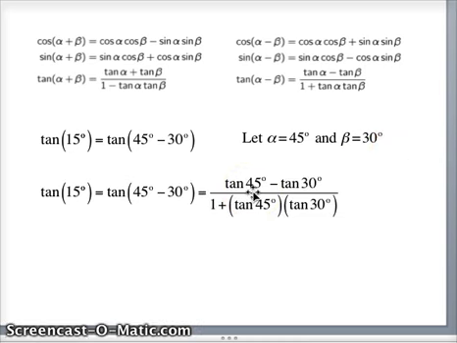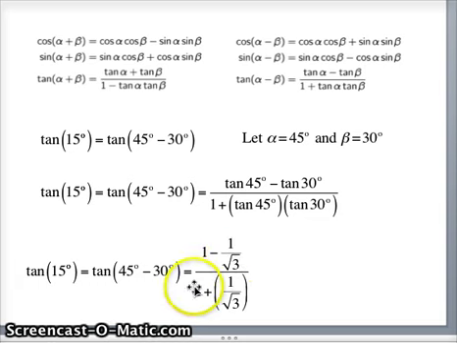Tangent of 45 degrees is 1. Easy to remember that one because sine and cosine are the same. They're both root 2 over 2. Tangent of 30 degrees, a little harder. Tangent of 30 degrees is sine of 30 divided by cosine of 30. Sine of 30 is a half. Cosine of 30 is root 3 over 2. So the tangent would be 1 over root 3. So what we get now is 1 minus 1 over root 3 in the numerator and 1 plus